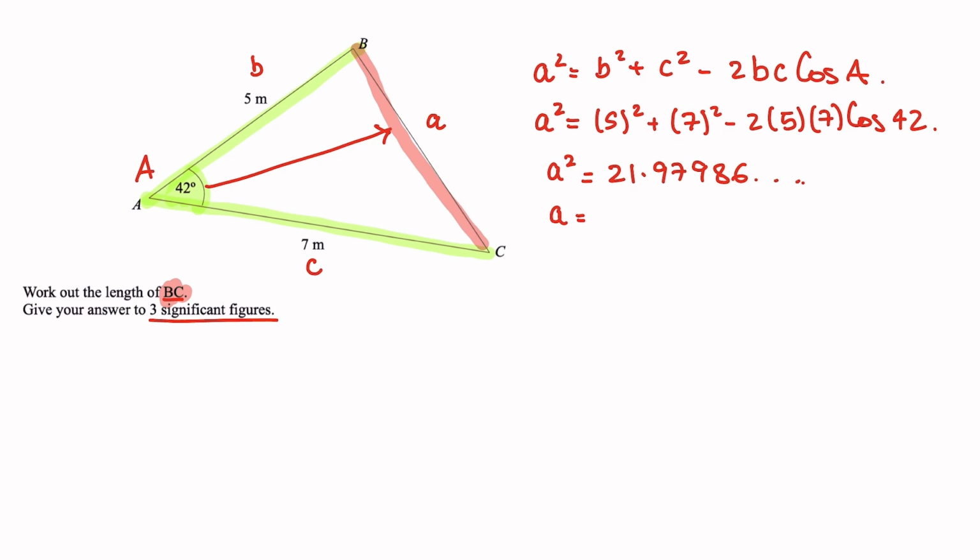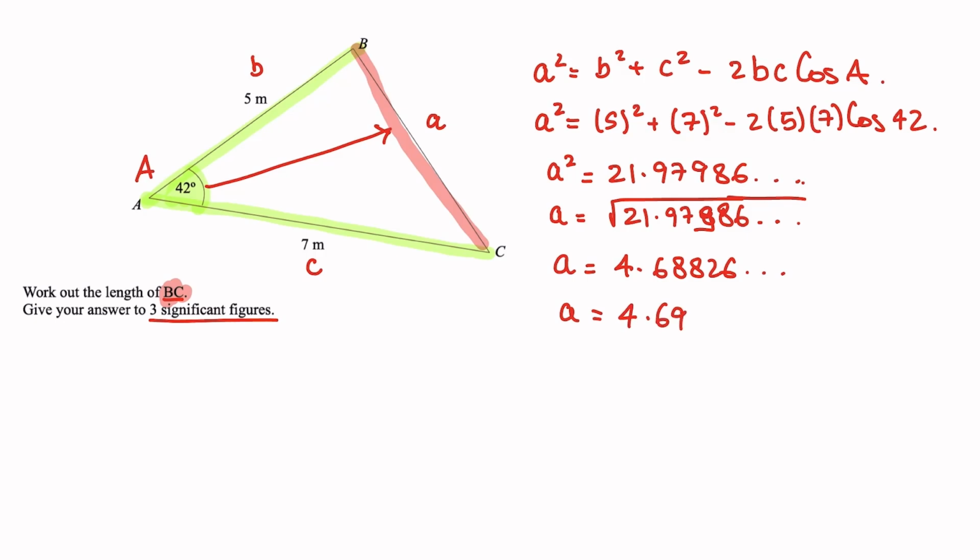Then finding the value of a by taking the square root of 21.978, 4.986. That gives the value of a as 4.68826 dot dot dot. And now if you round the answer to three significant figures, three significant figures simply means the first three non-zero numbers. So just start counting from the first non-zero number. So in this case would be